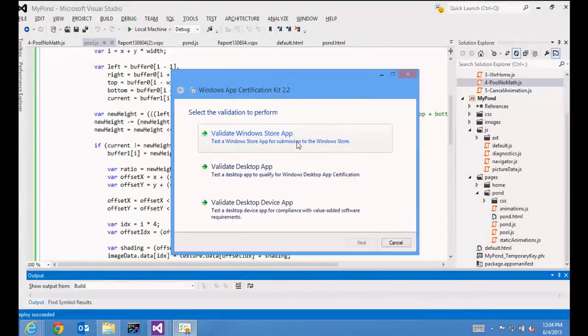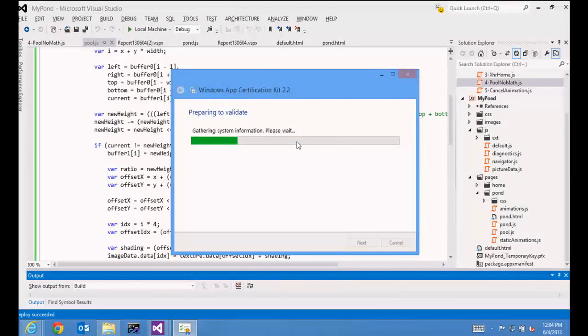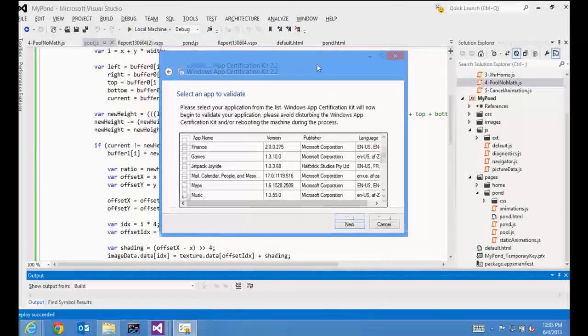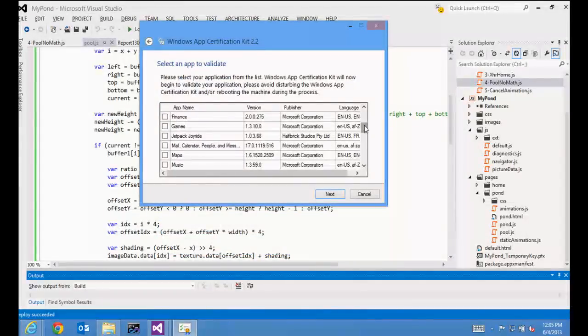So with this Windows App Certification Kit, you can pick Windows Store, desktop app, device, and so forth. Because we're doing Windows Store apps in this session, I'll click there. And then it's going to go and find information about my system, and then it will list all of the available apps that I can get certified. I've got a variety of different apps on here. The one I want is this pond app. So if I select my pond and click next,